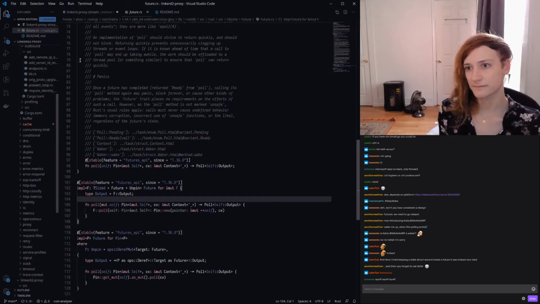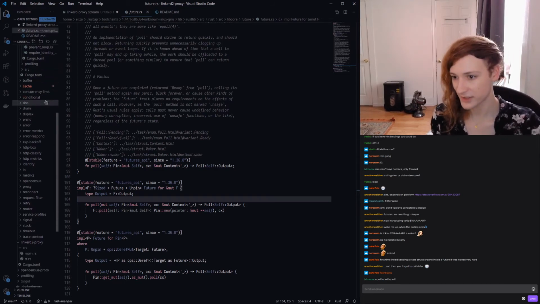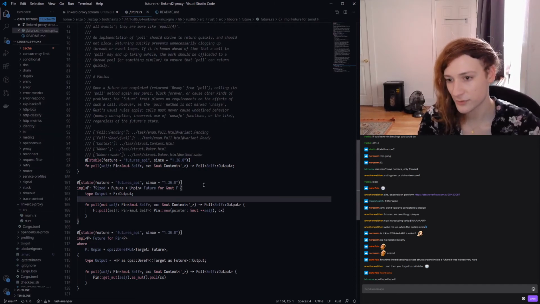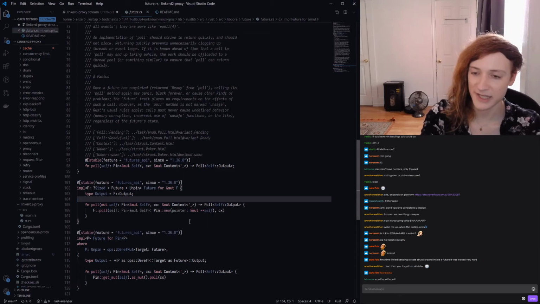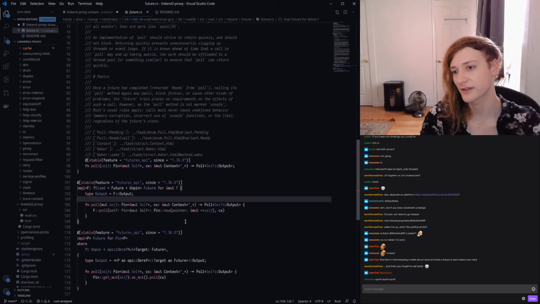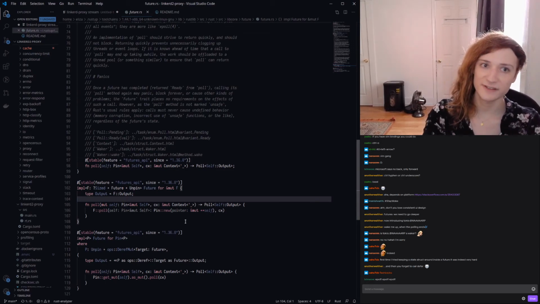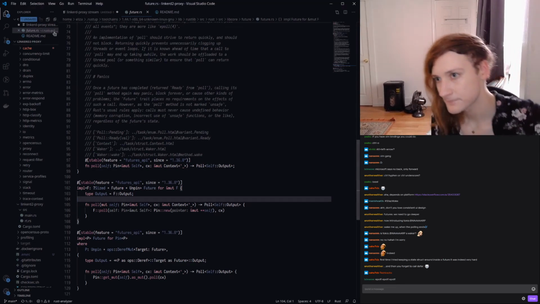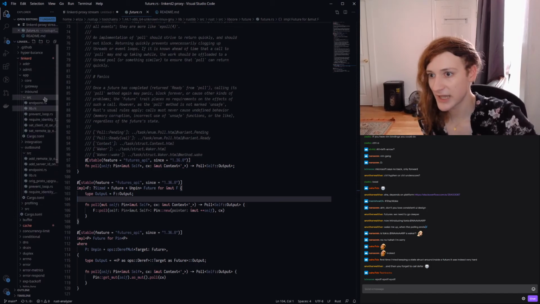Async await in Rust, this is where I'm going here, is very similar to that. It's a little bit harder to write these futures by hand than it is to use them, which is sort of the difference: it's easy to write iterators, it's harder to use them. So we have this abstraction,